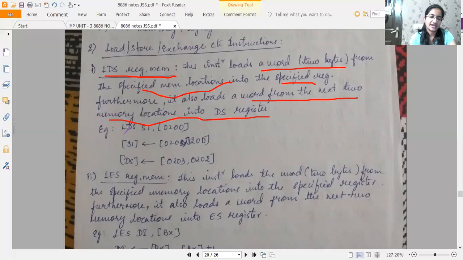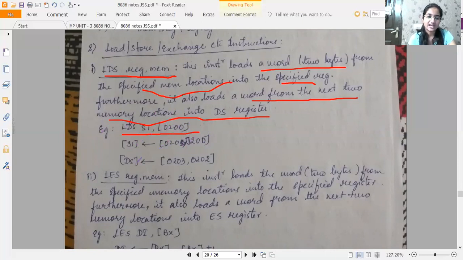For example, LDS SI comma memory location. SI is a 16-bit register. If we write 0200 here, that is the address of a memory location which is 8 bits in size. So the 0200 and 0201 data will be loaded into SI.